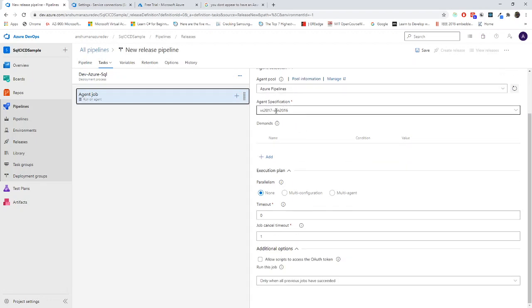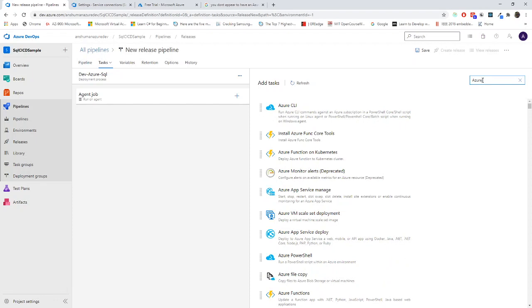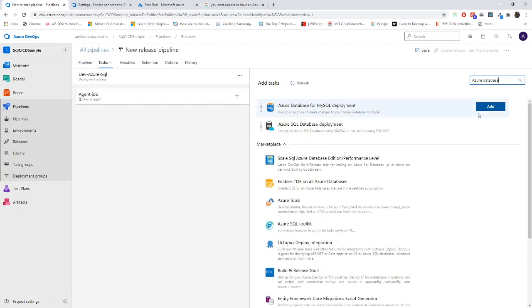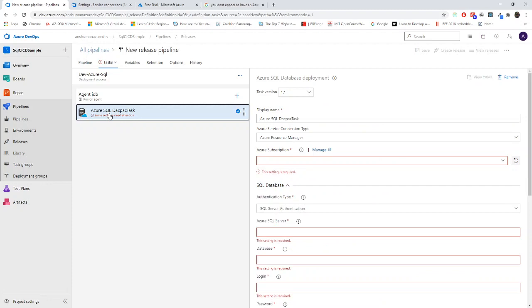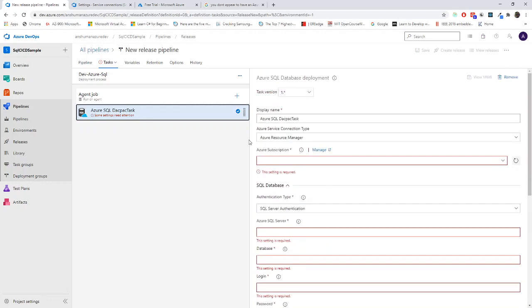VS 2017 or Win 2016 would be preferable, no worries on that. I'll create one task over here for deploying the DACPAC file to Azure SQL. I'll search for Azure database and choose Azure SQL database deployment. Now we have to fill all these things up.